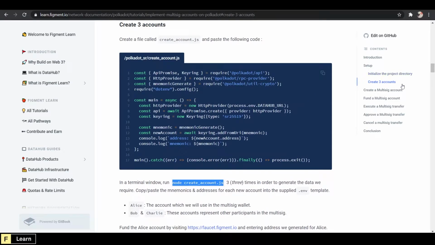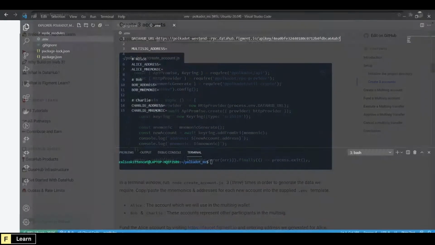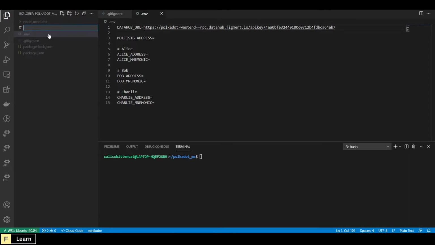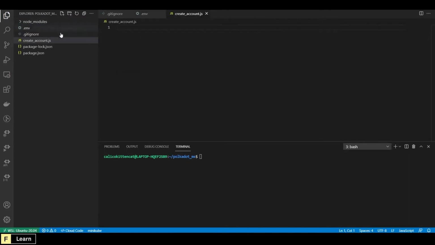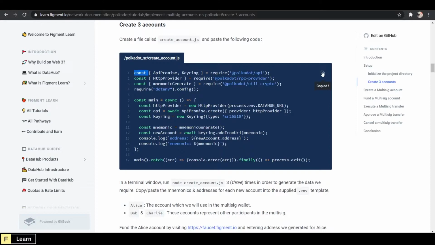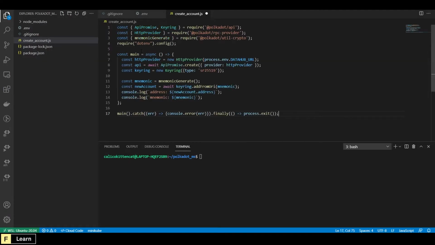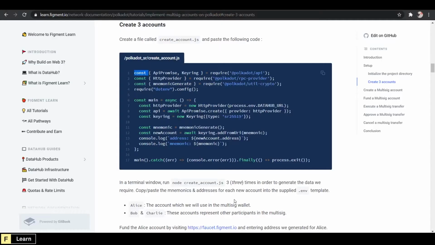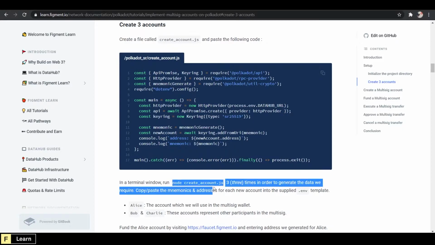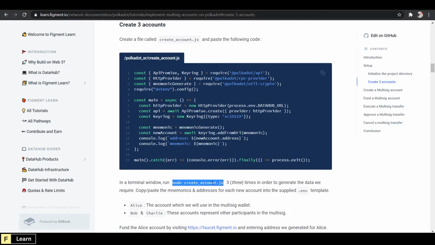We can move on to creating the 3 accounts that we're going to need. And we can do that by creating a file with this code in it called create_account.js. And then we'll get the code. There we go. Hit it with a save. And now we want 3 accounts, so we need to run node create_account.js